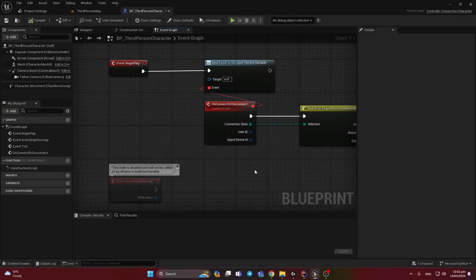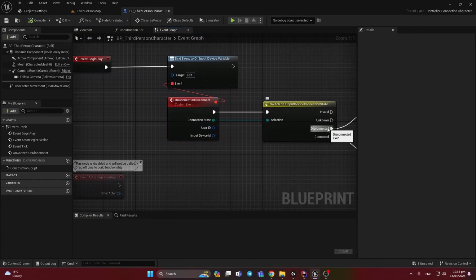Everyone, this tutorial is about C++ side on the PlayStation controller and Xbox controller to know when you connect or disconnect it. So I made the dispatcher node here and we know when it's disconnected and connected. To your projects it's super helpful and needed for Steam publishing when you have enabled your controllers for Xbox or